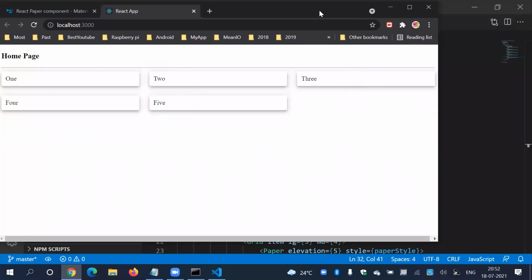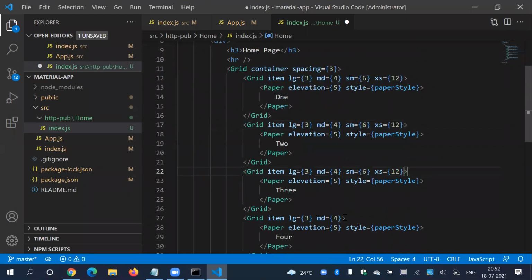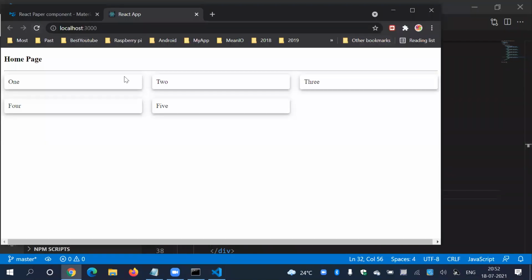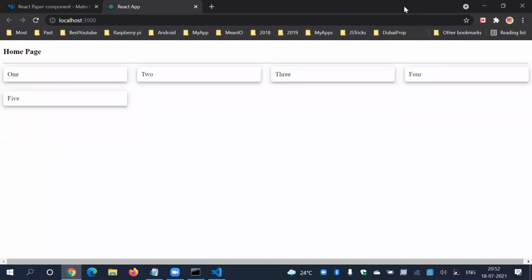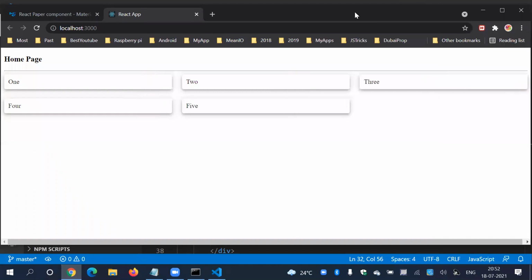Like this. So what if we change to small, SM? Let's say I want 6, and when it is extra small, I want 12. Let's see. Just copy both these properties, and this is almost like Bootstrap, guys. Here it is 3, 3. Look at this: large 4 blocks, medium 3 blocks, small 2 blocks, extra small single block. Now it is responsive, right?